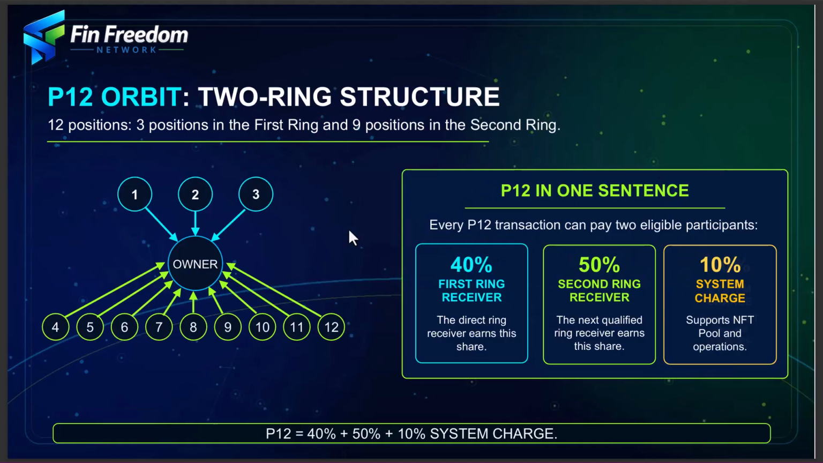Okay? So let me explain how P12 works. In P12 orbits, there are 2 rings. The first ring has 3 positions. The second ring has 9 positions. So if you add 3 plus 9, you have 12 positions in all. Okay? So in P12 orbits,